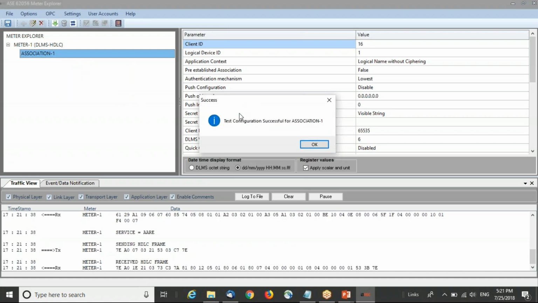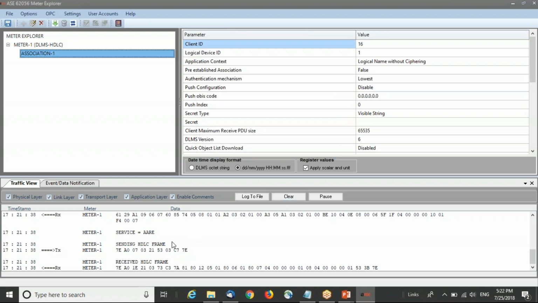The test configuration will try to make a data link connection by sending an SNRM packet and verify its response, proceed with sending an AARQ packet to make an application association and verify its response, and then it will disconnect all those layers.